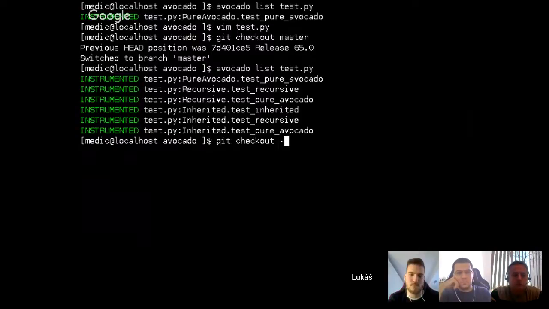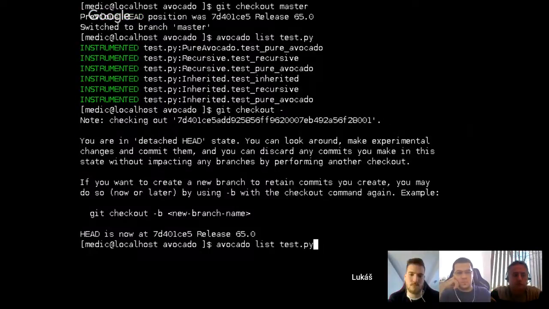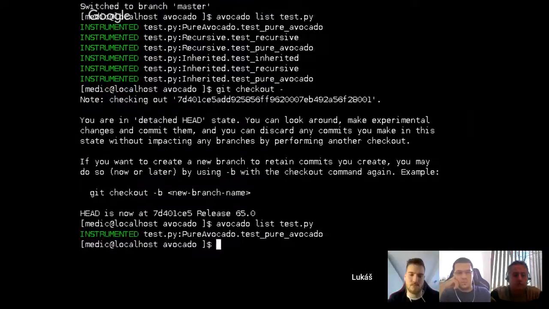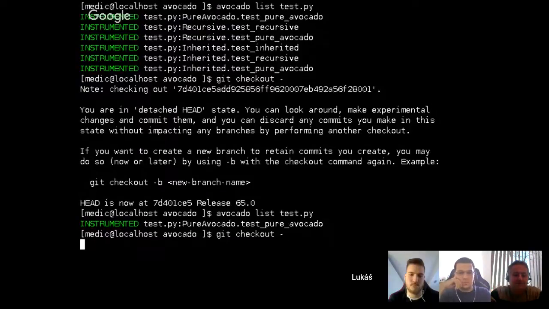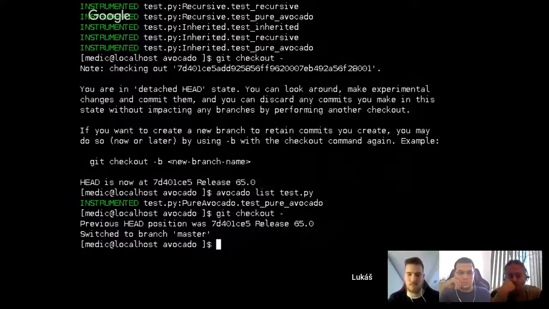When I check out back to some older version like 65, it discovers just one, which seems like a bug to me, but I haven't had time to look at it yet. It should discover the recursive as well. True. So basically, forget everything you knew, and just assume it works the same way as Python unit test. There is one big but, and that is,